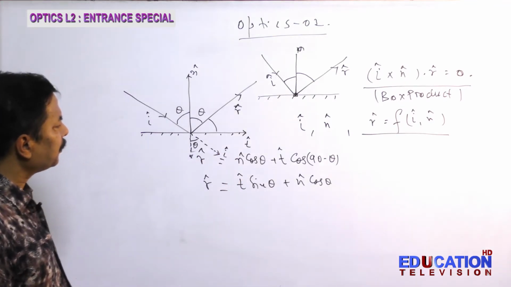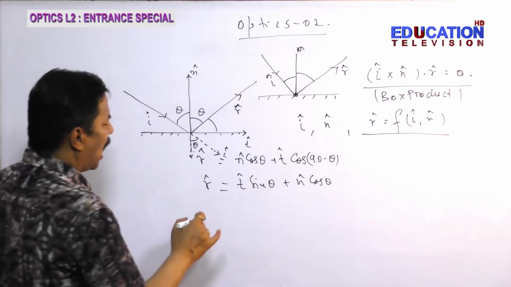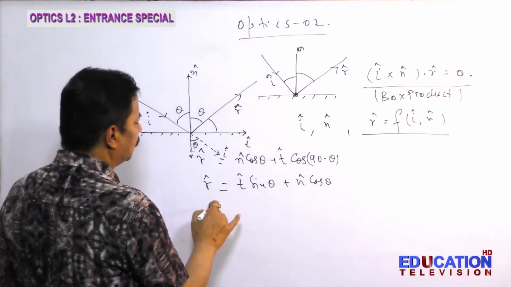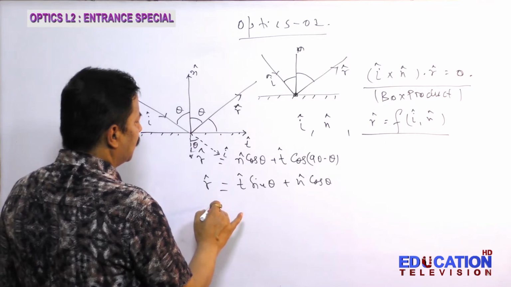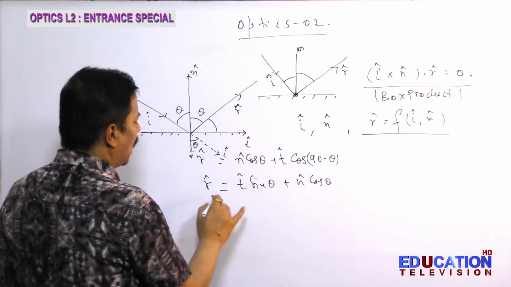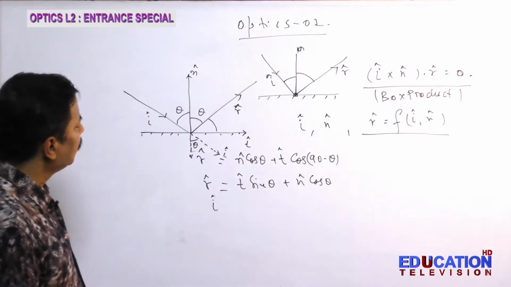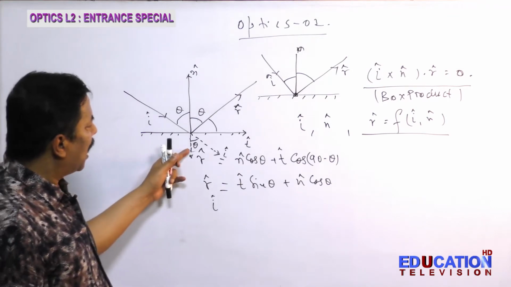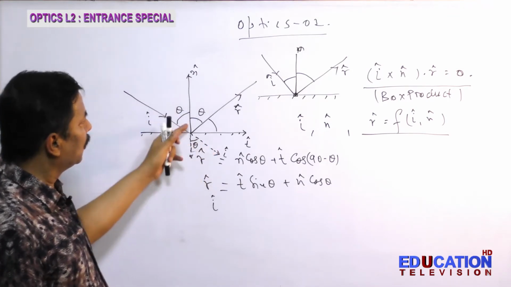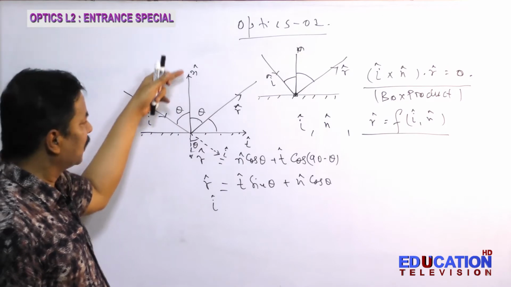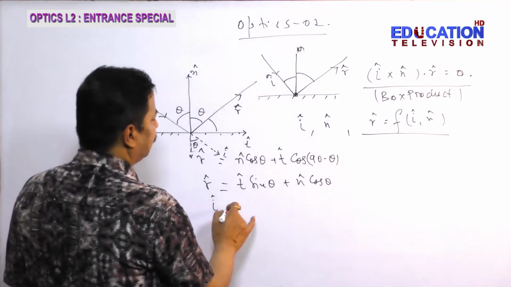So we can take I vector is equal to minus n cos theta, this is minus n, since this is the plus n direction, this is minus n. So this is